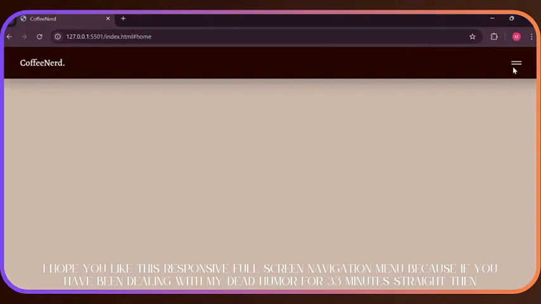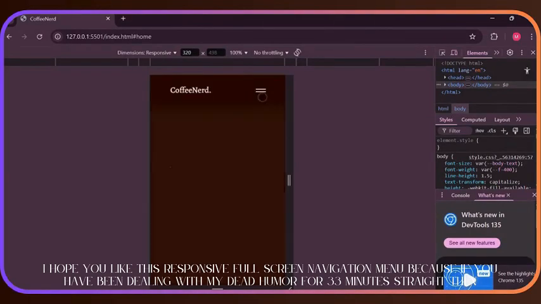I hope you like this responsive full-screen navigation menu, because if you have been dealing with my dead humor for 33 minutes straight, then